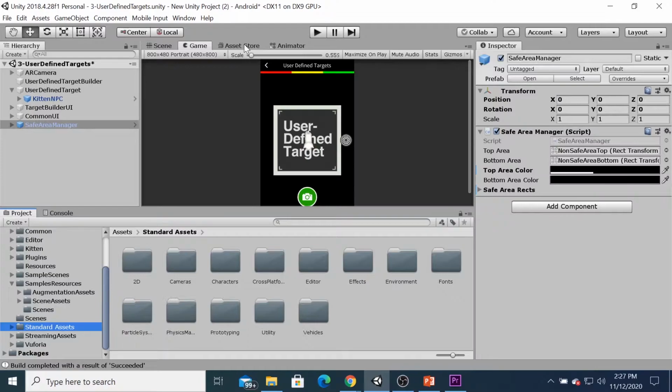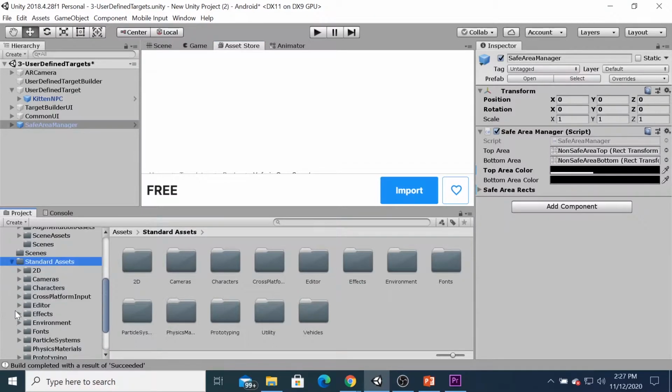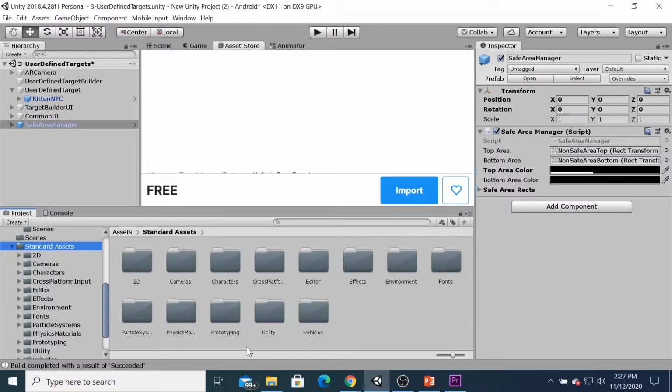You may download from the asset store. You can type here the standard asset, then you can import it. In the standard asset, we are going to select the mobile joystick. You can click the standard asset.